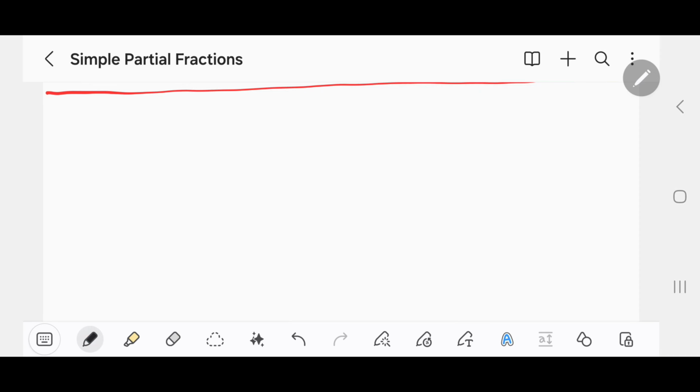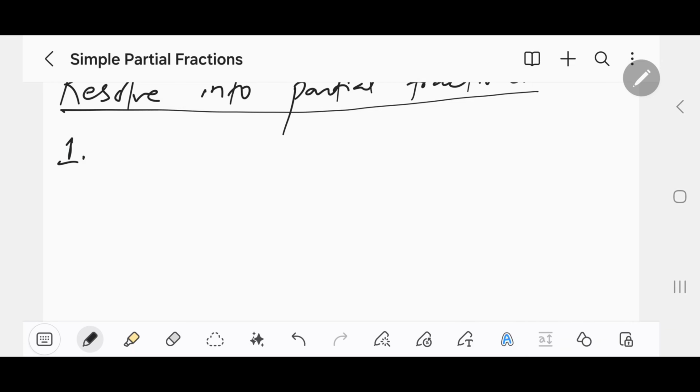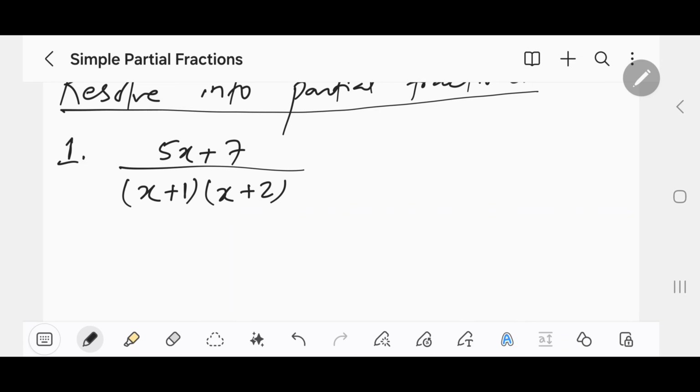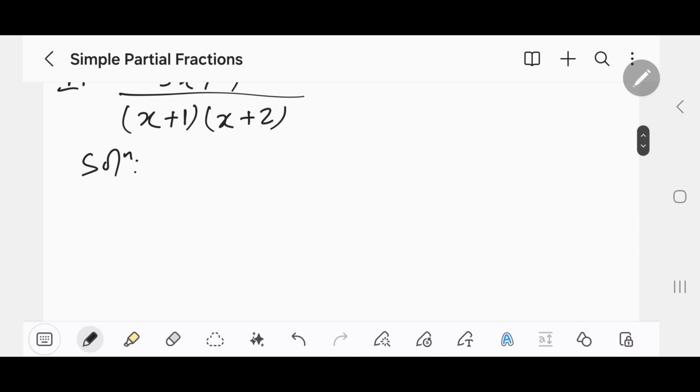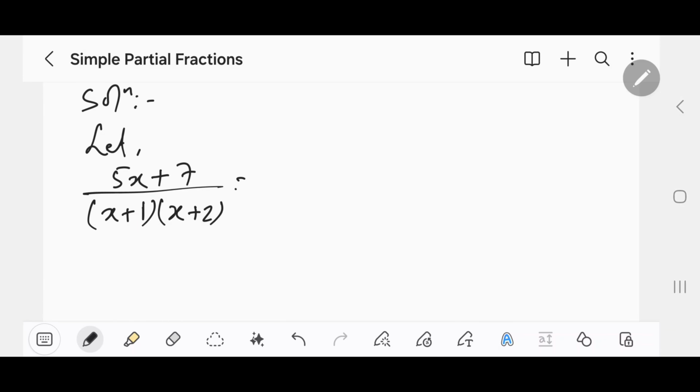Now let's look into some examples. Let's try to solve few questions. Let the question be resolved into partial fractions. Okay, this is our question. The first one, let's say, is 5x plus 7 divided by x plus 1 times x plus 2. So, how to do its solution properly? Let 5x plus 7 by x plus 1 times x plus 2 equal to